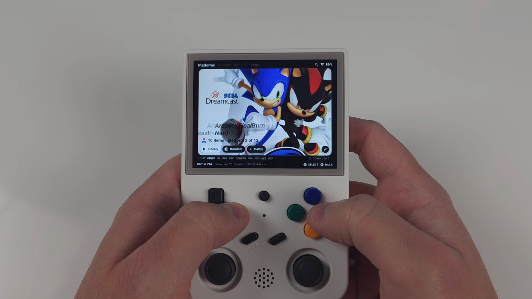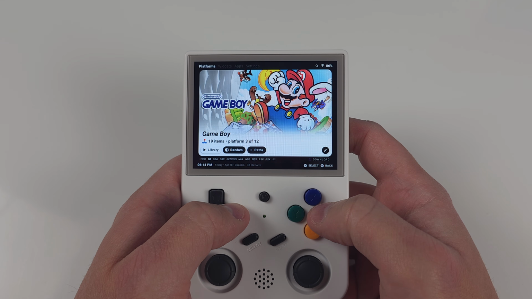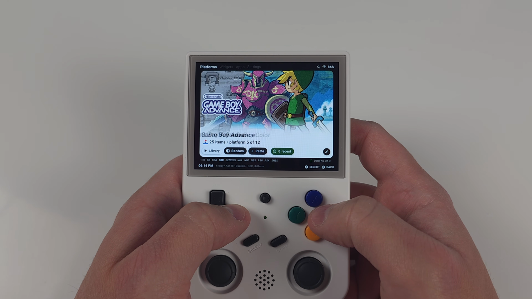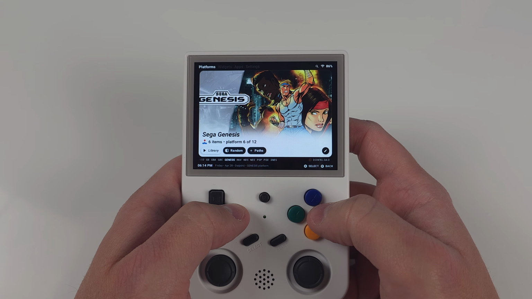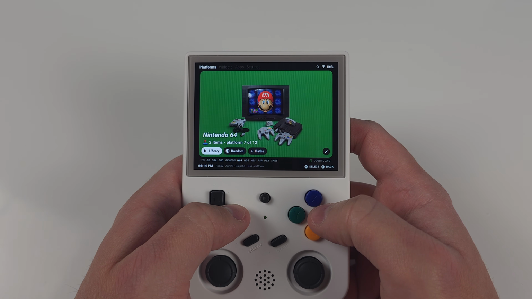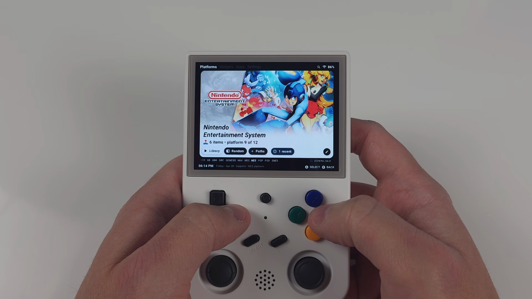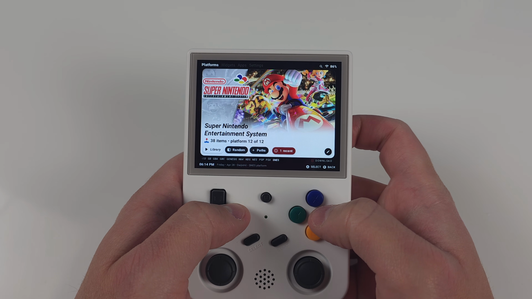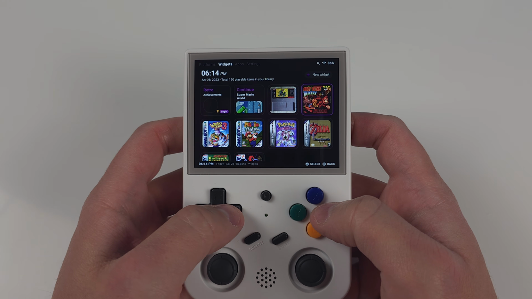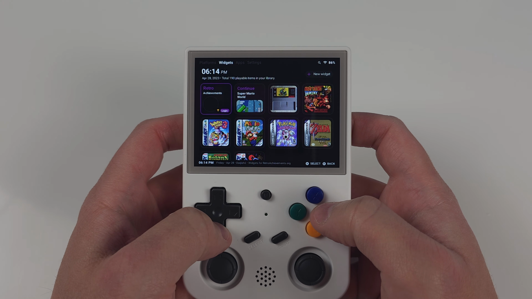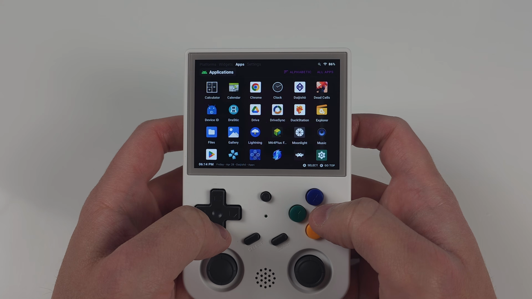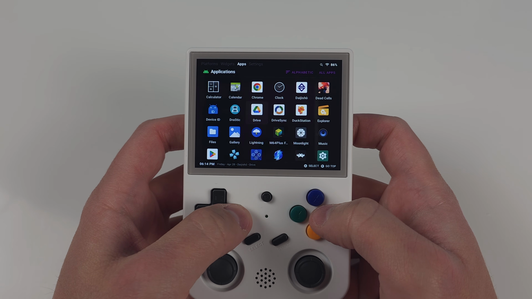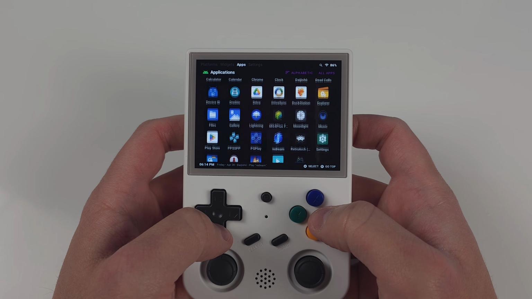I'm Joey, and today I want to take a look at the comparison between Linux and Android on the Anbernic RG353V. If you've been following this channel at all, you'll know that my operating system of choice is Android, full stop. The features, no limits, cloud saving, Daijisho, and expansive emulator community just make it the best place to play games, in my opinion. So you might be wondering why I would want to torture myself on the Linux side